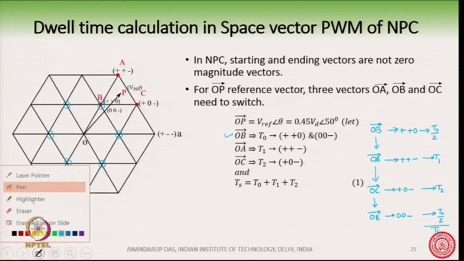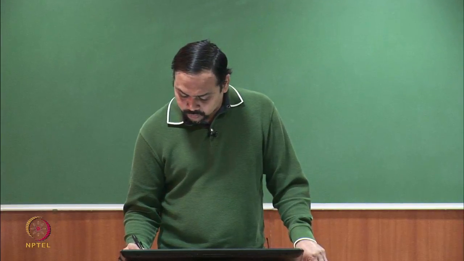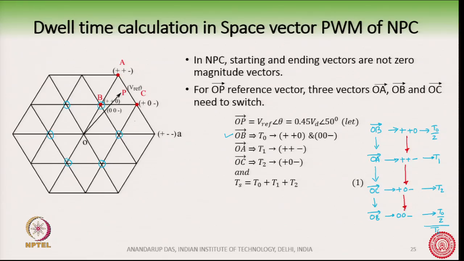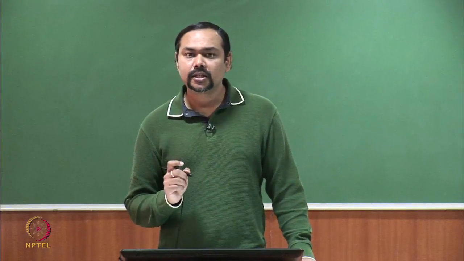So, note that here this transition from here to here has only one change of state of one phase. So, plus plus 0 to plus plus minus, only C phase is changing from 0 to minus. So, there is only one switching transition. Similarly, from here to here and similarly from here to here, there is only one switching transition happening. Okay. So, this is how the vectors will be switched and